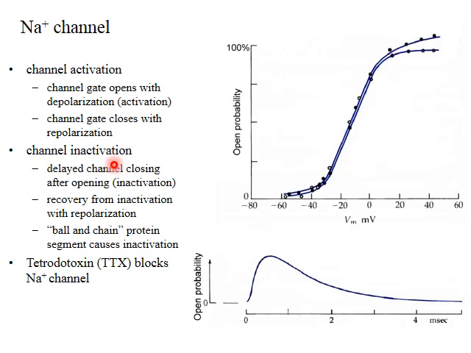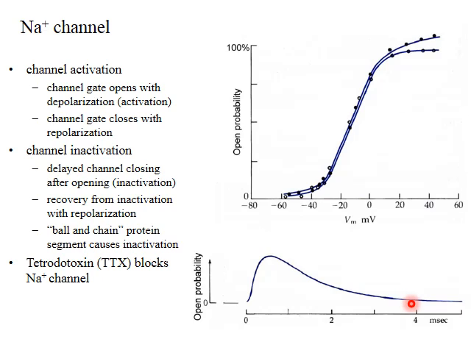This behavior is called channel inactivation, sodium channel inactivation, and it's a very important characteristic of sodium channels. In fact, as long as we maintain a depolarized voltage, the sodium channel will remain inactivated, and the open probability of the channel will be 0. The only way to remove inactivation from the sodium channel is to repolarize the cell back to near the resting membrane potential, and then after a few milliseconds the sodium channel can recover from inactivation and